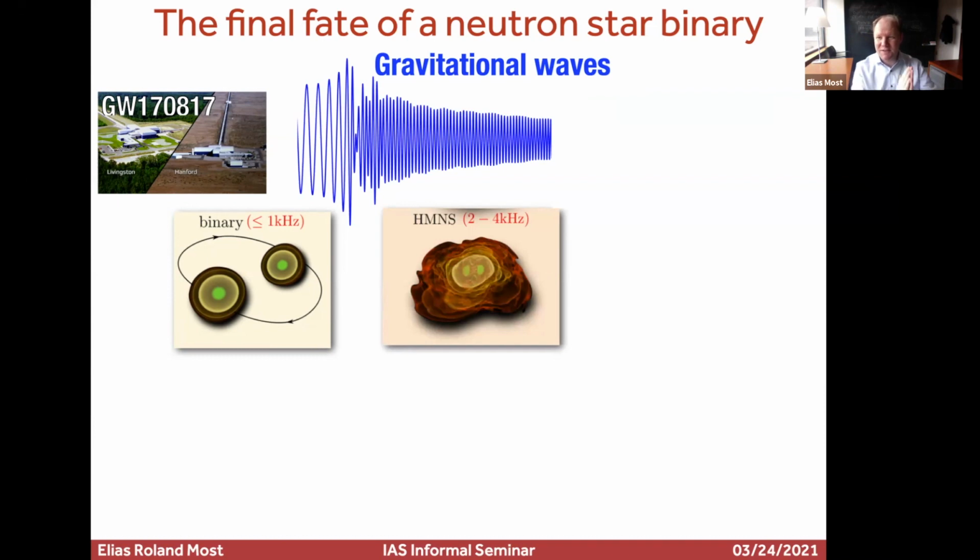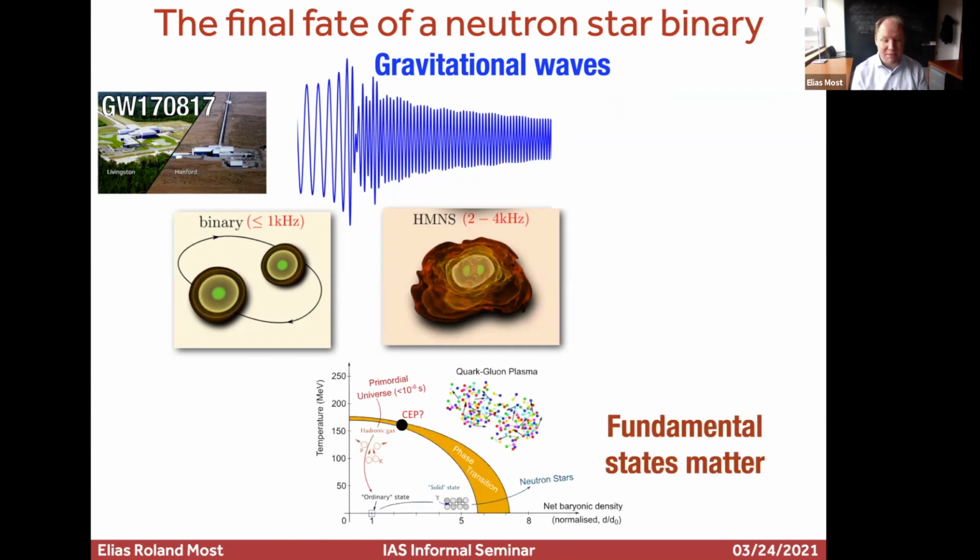So you can have a star that will live forever, that will become a very strong magnetar. You can have something that collapses right at the merger. But the gravitational waves are very interesting because they encode some information on fundamental states of matter. So you could really learn something about, say, the quark-gluon plasma that you might be probing in that scenario. I will not be talking about this today, but if people have questions, we can discuss that in the group chat.